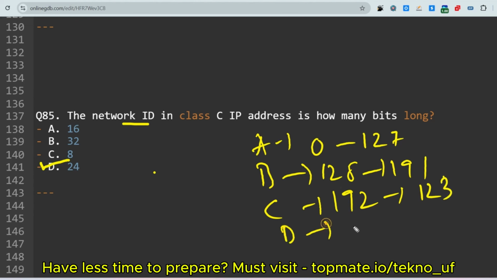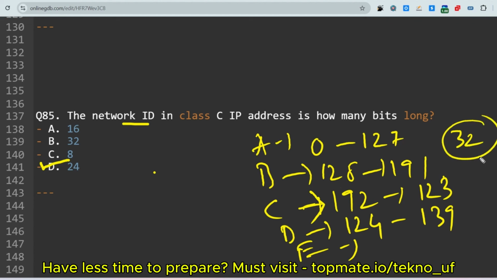Then class D ranges from 224 to 239, and the rest are class E. So here, as you can see, the count of bits in class C, that is 192 to 223, means a total of 32 bits in class C.